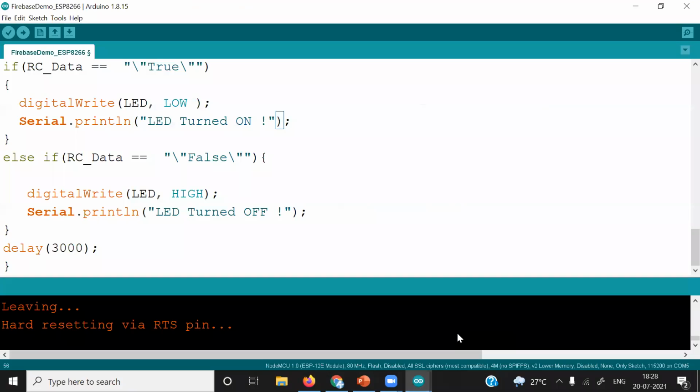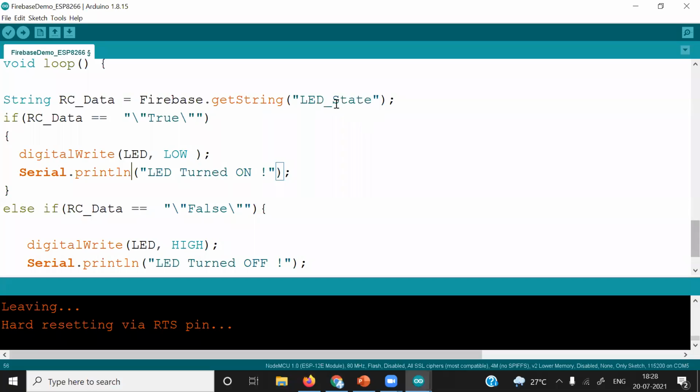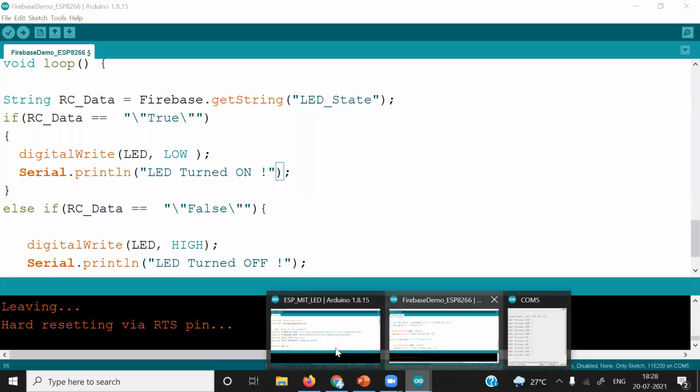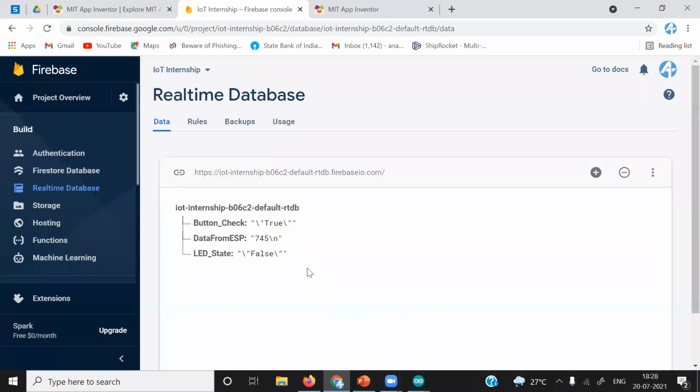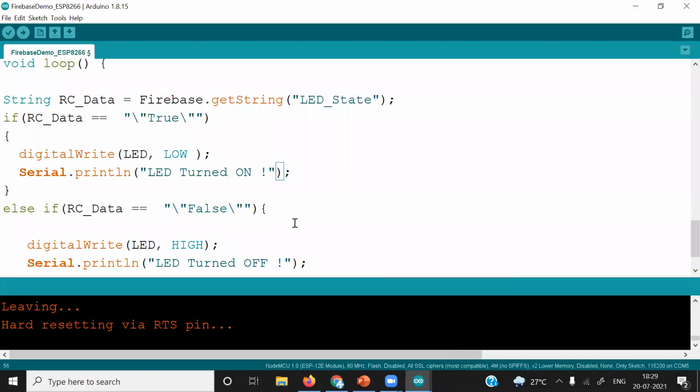I'll disconnect the ESP8266 first. Whenever we update data using the Android application, it is going to be fixed. You can see here, whenever I click on, this data is not changing, and this data is also not changing. It is true in both cases. What is happening in steady state? Even if we do not press any button, it is receiving a true value.